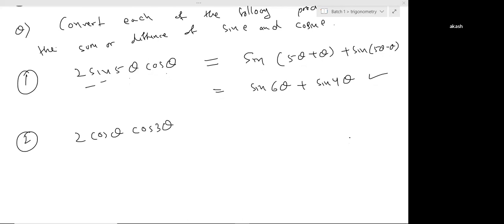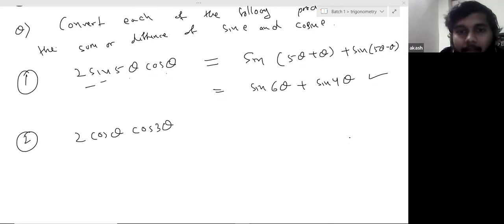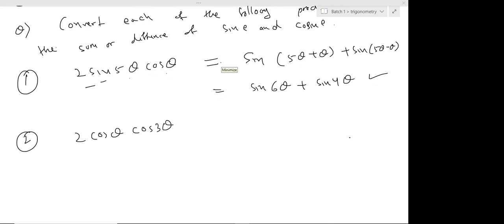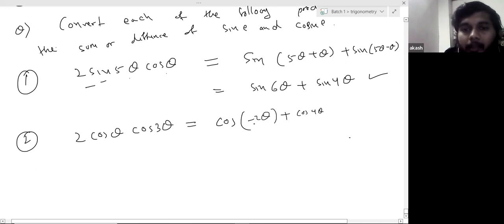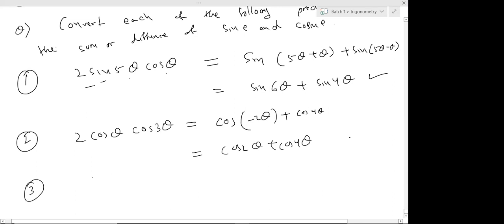Shavya, cos of minus theta is cos theta itself. Yes, sir. So here 2 cos A cos B is cos A minus B, so cos minus 2 theta, plus cos A plus B, is cos 4 theta. And this minus we can remove. So cos 2 theta plus cos 4 theta. Very easy. Yes, sir. Next one,